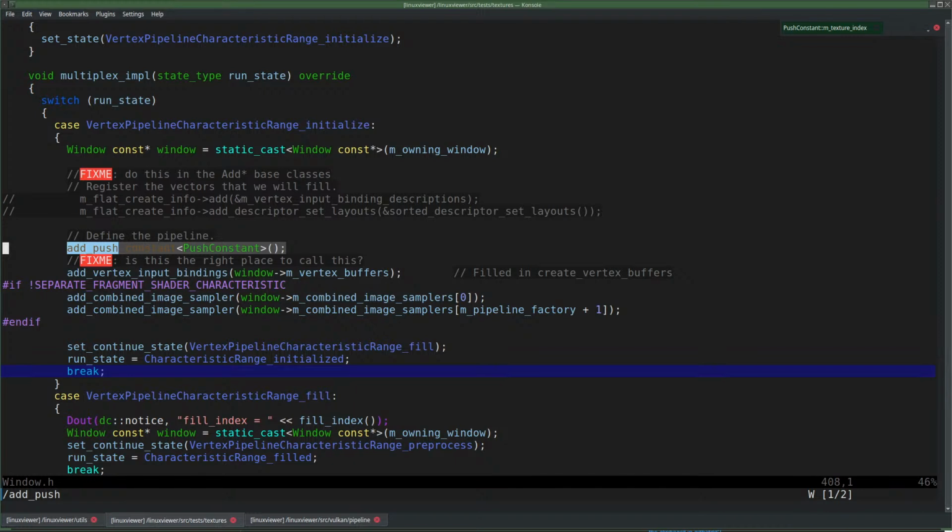But there is something else that makes them correlated. So even if the push constant is only used here, and the vertex buffers are obviously only used here,